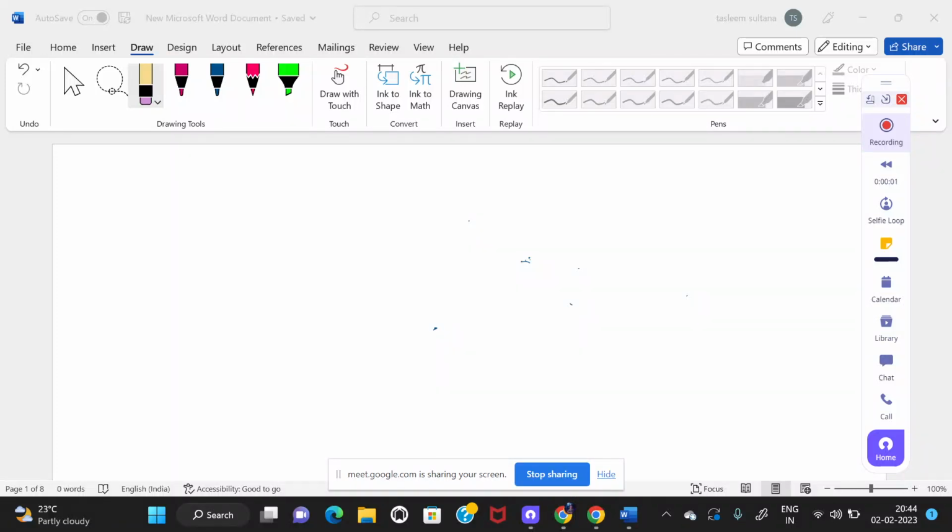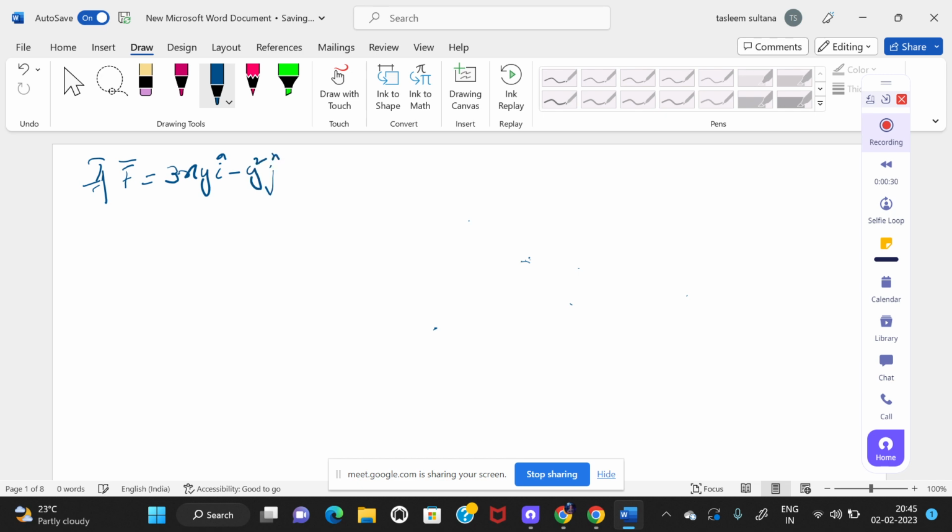If f vector is equals to 3xy into i vector minus y square into j vector, evaluate the integration over c of f vector into dr vector,